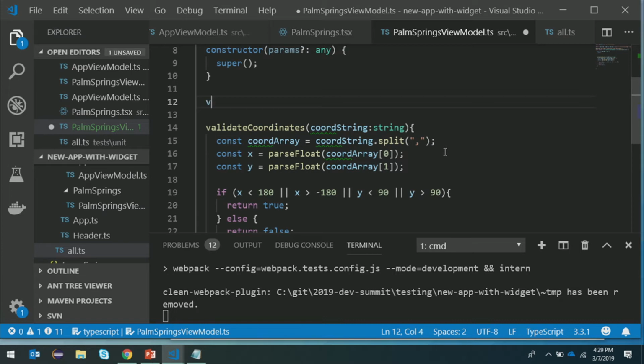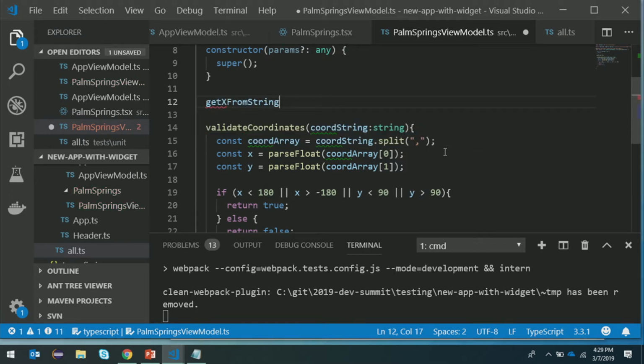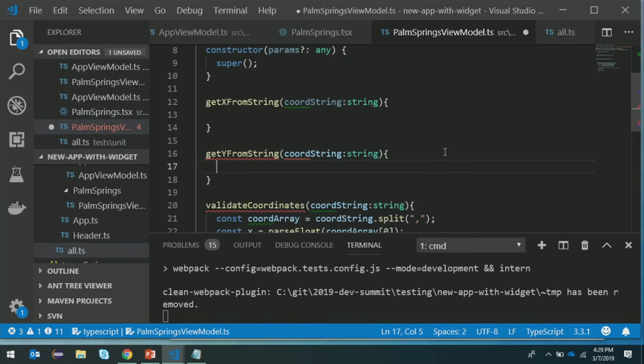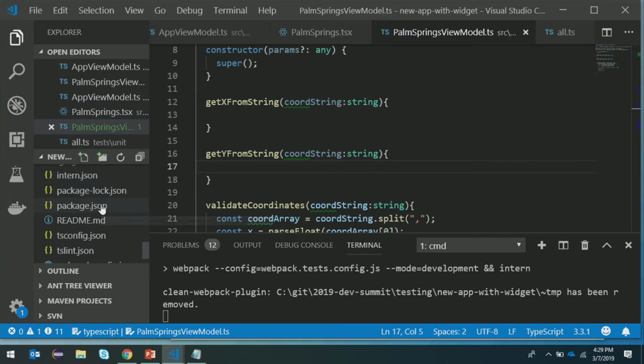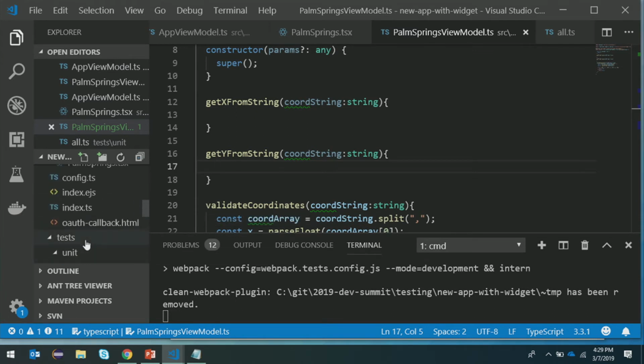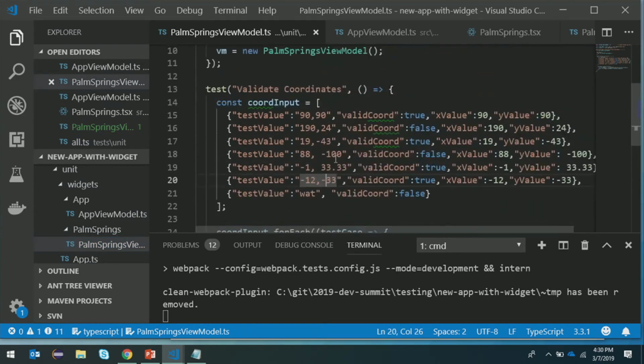So let's do get X from string and to get Y from string. And now you can kind of see why I had the other data in my test data. So I can go back here, and I'm going to write tests for these before I start filling in all of that code. So we go back to the Palm Springs value here,